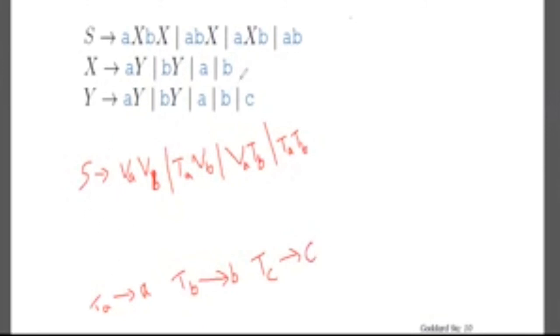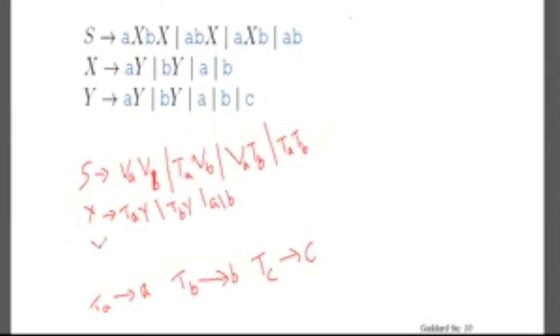And X can be defined as, now A is what? TA, right? So TAY bar TBY bar A bar B,